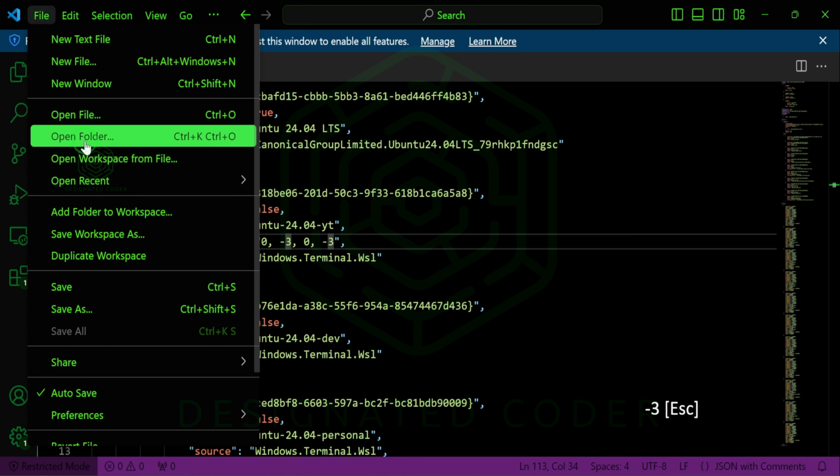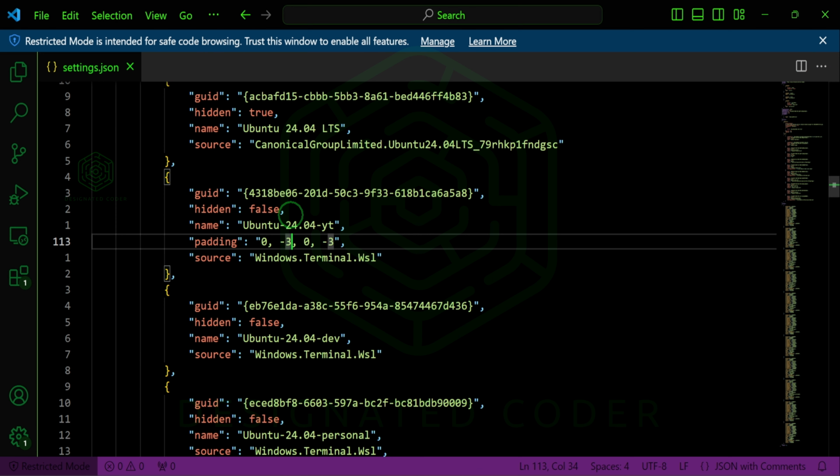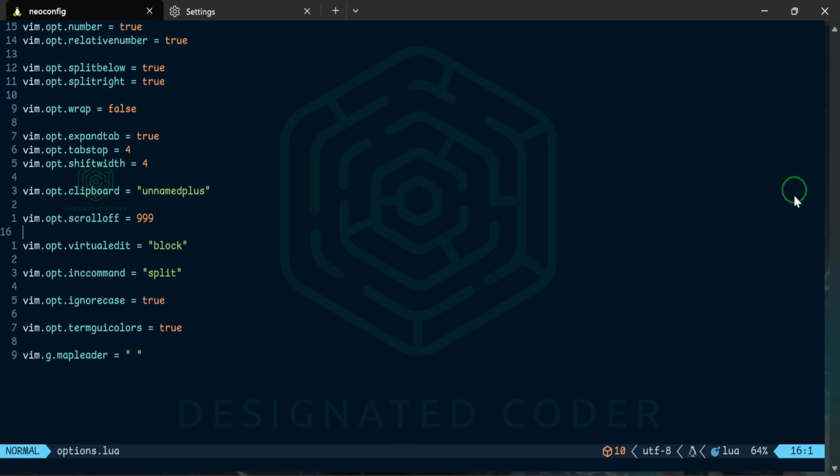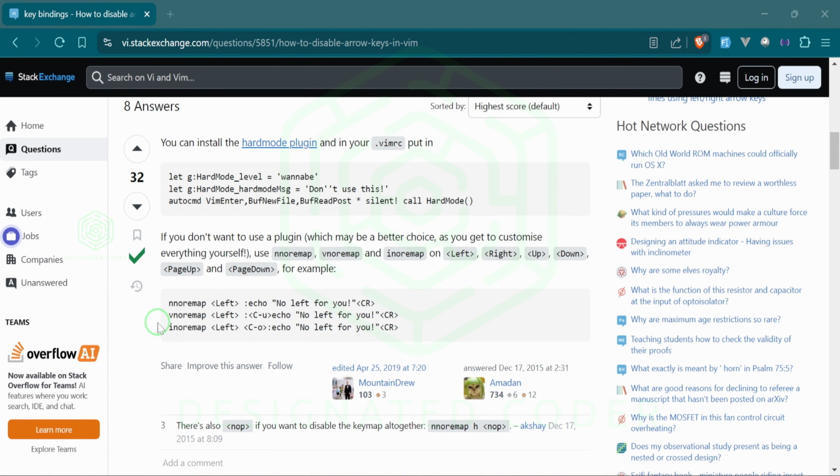I keep doing escape. We'll save it there and see what that looks like. It's pretty much the same thing, but you can also tweak it and see how you like it and see how you can maneuver it to make it fill this up a bit more for yourselves. That's the second thing. The next quick tidbit that I can give you is that when you're learning the Vim